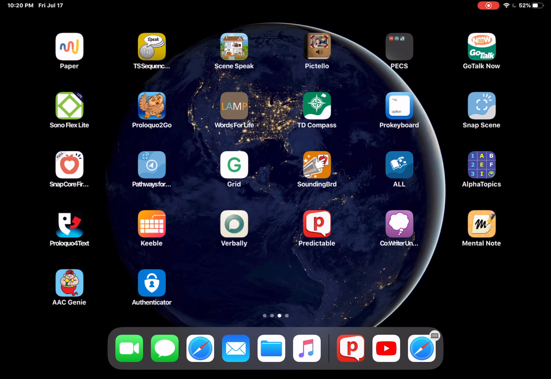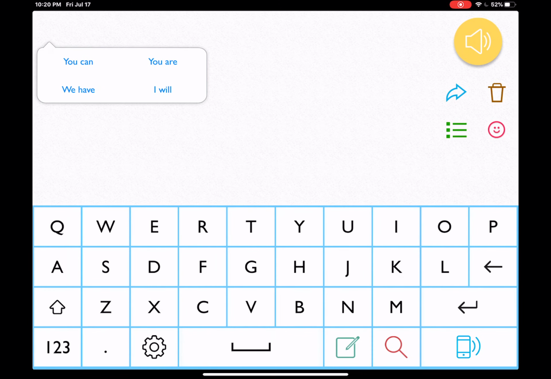Predictable is a great text-to-speech app with lots of flexibility. And here we've got the basic interface, and you can already see as we start, I've got a little bit of bubble prediction there. And the idea with bubble prediction is it's in line,